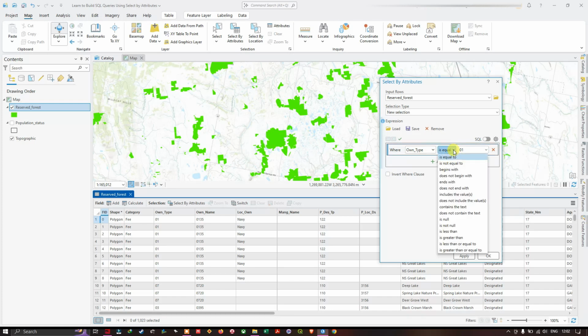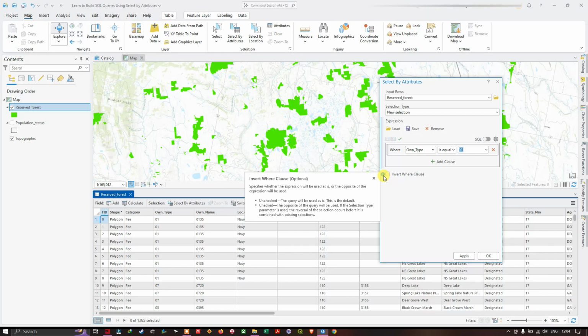So basically, the operator performs the operations that you want to do compared to a particular value. And here you can see we have a lot of different operators. You can do a selection here, and lastly the value here. We are selecting the owner type, so we're going to select this particular owner type, which is value. And last we have this option called invert